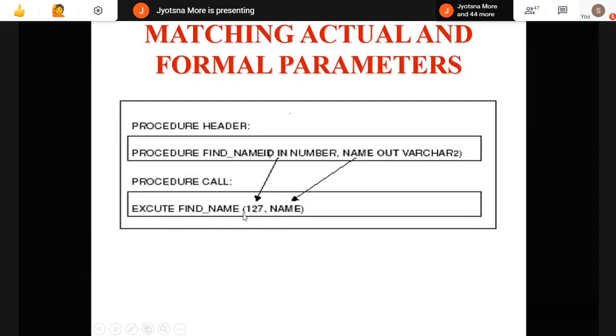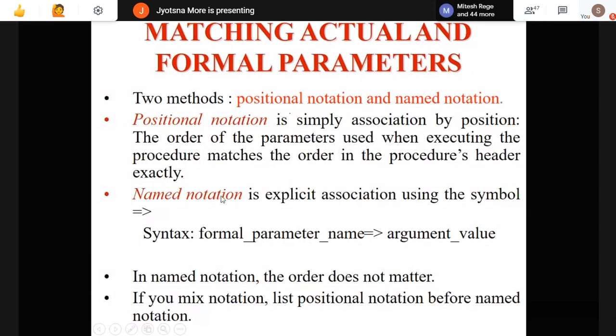So here I can write execute, name of the procedure, ID arrow 127, name arrow whatever the name is. Whether I write the first part as the name or the second part as the name doesn't matter, because I am writing the parameter name with it.